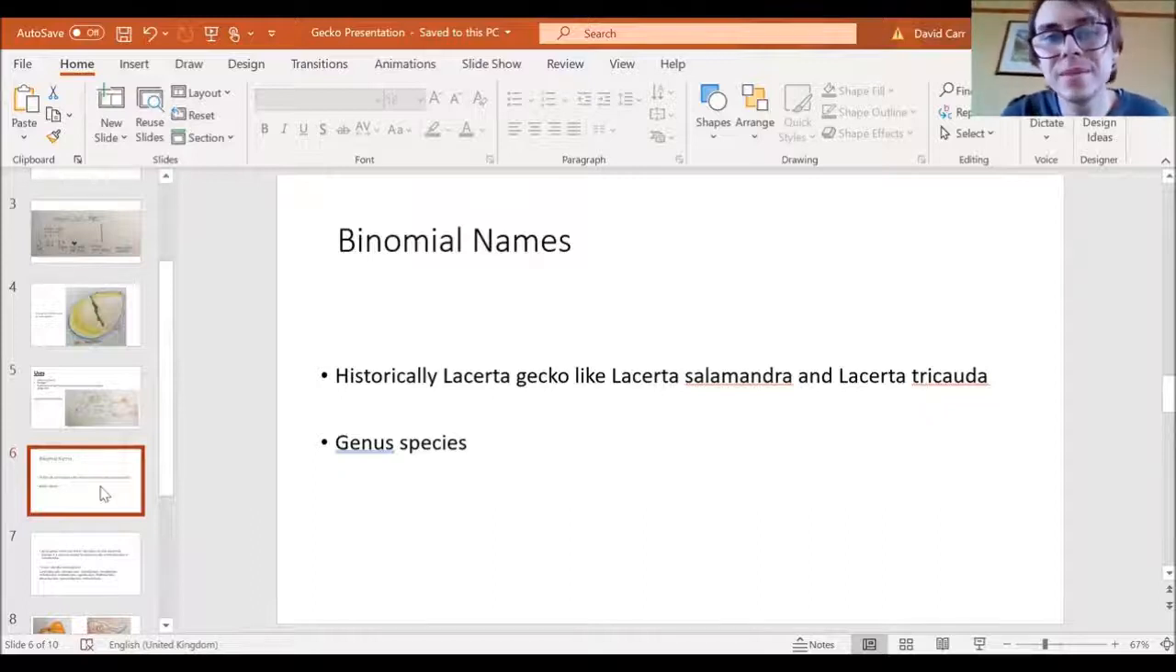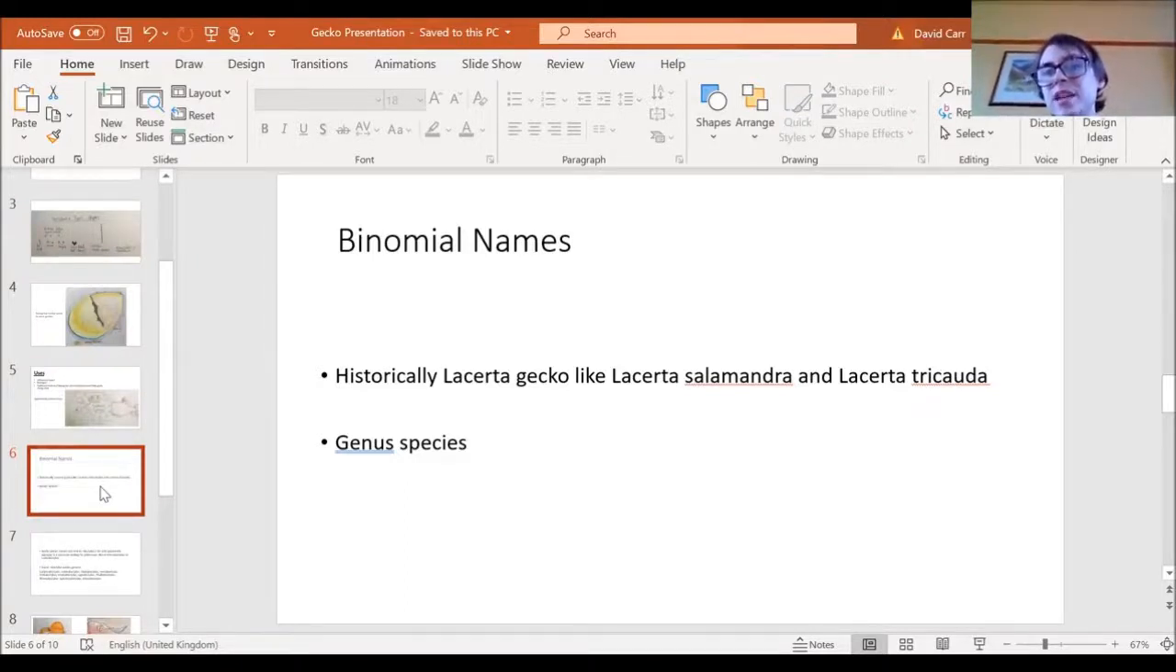So, binomial names. In geckos, you would have the genus as the first name and then the species as the second. The genus has a capital and the species has a lowercase. Historically, you could have Lacerta gecko for geckos, but that's not used anymore because Lacerta